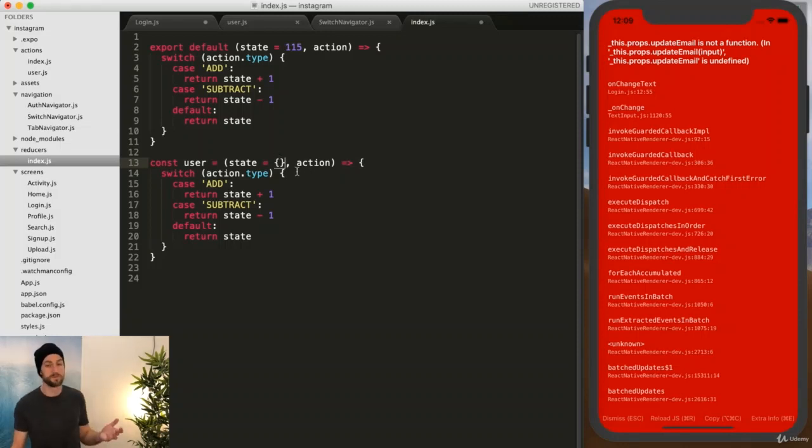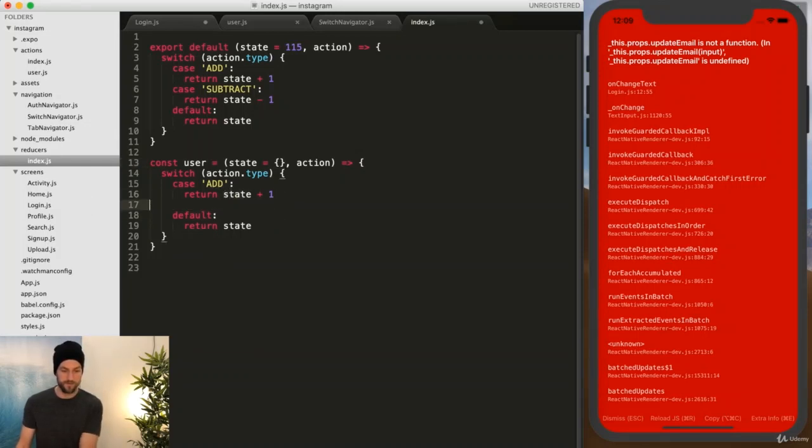So if this object is empty, you're going to know that the user is not logged in because there's no information for them. So that's how you kind of start to determine whether you're going to push them to the home page or keep them on the login page to have them log in. And then we're just going to remove this one for now. And we're going to create a new reducer function called updateEmail. And